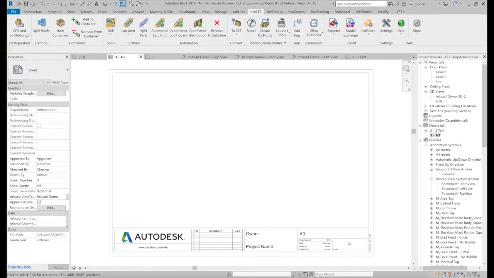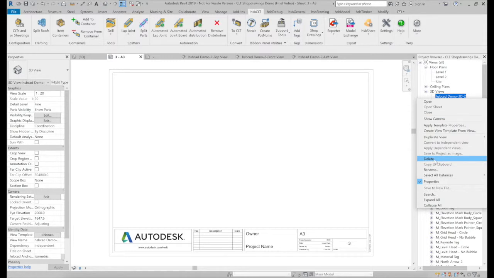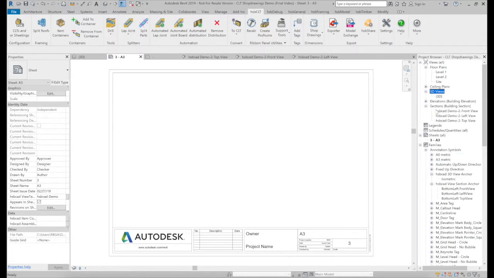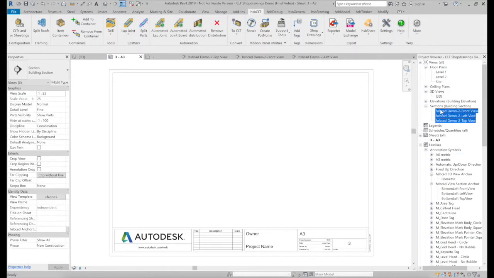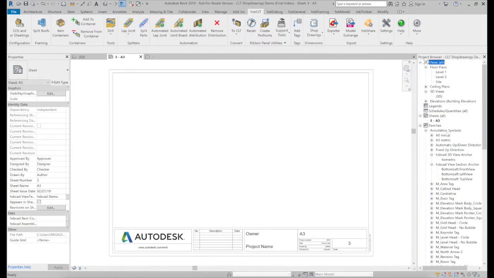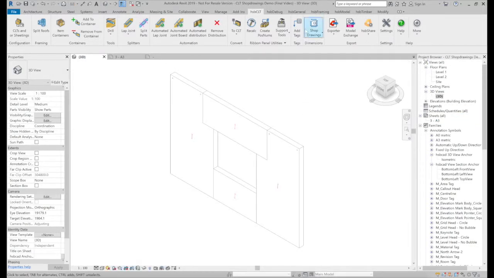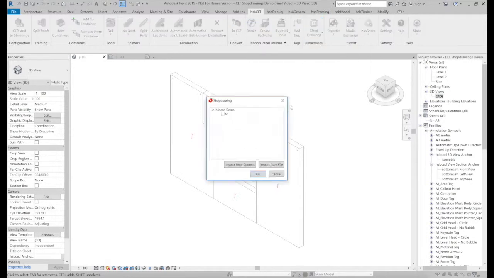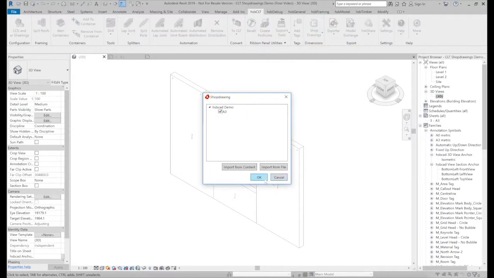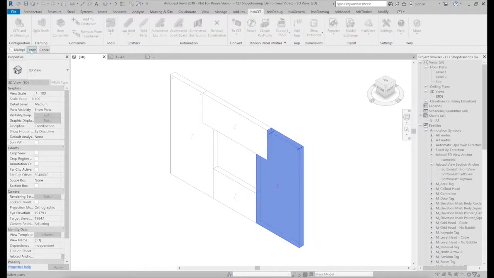As you remember, I already created one called CLT, so I am going to select the name and assign it as well. And now I'm going to delete all the sheets that we're creating, the section views and the 3D views. This will avoid duplications on the views when we create the shop drawings for the same part for final testing. So once again, shop drawings for part, select the sheet, click OK, select the part, click Finish,